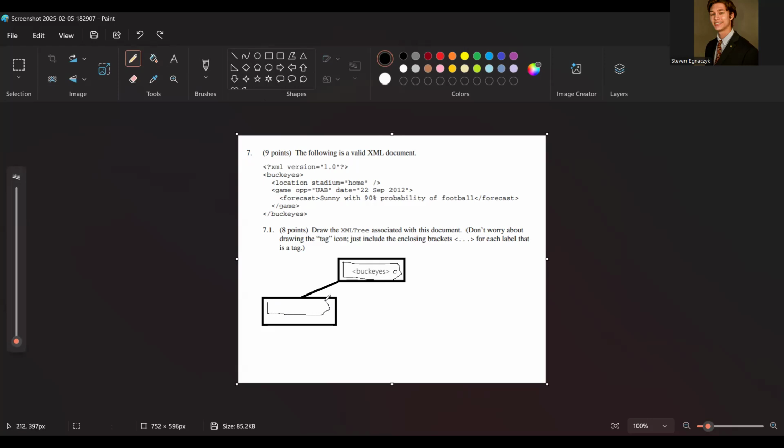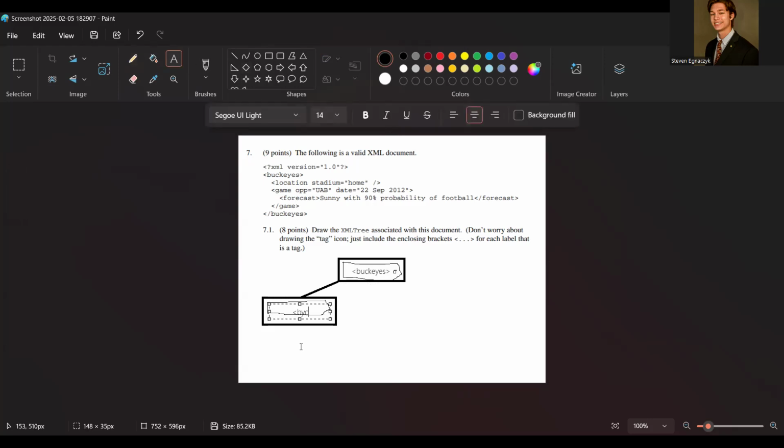So we're going to have a tag here, and then underneath will be the attribute value. The text in this case will be location. And then below that, we will have an attribute key value pair, stadium,